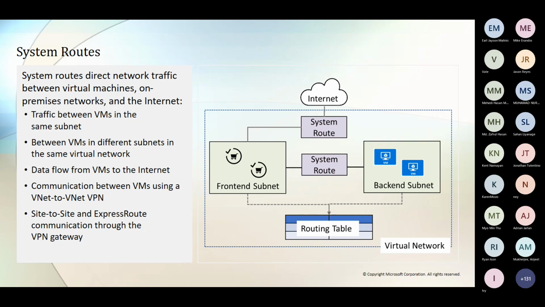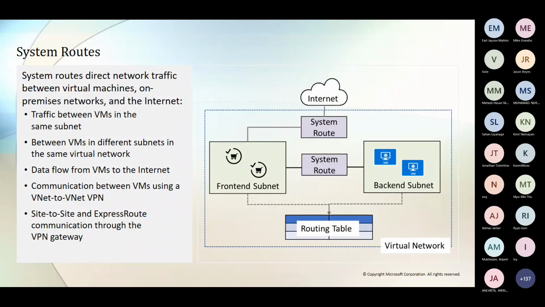Between VMs in different subnets in the same virtual network: suppose there is a virtual machine in subnet A and a virtual machine in subnet B in the same virtual network. How they connect with each other is defined by the system route. Data flow from any VM to the internet can also be defined by the system route. Communication between VMs using VNet to VNet peering